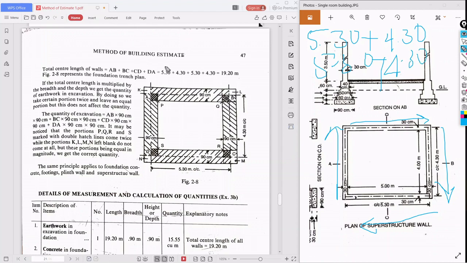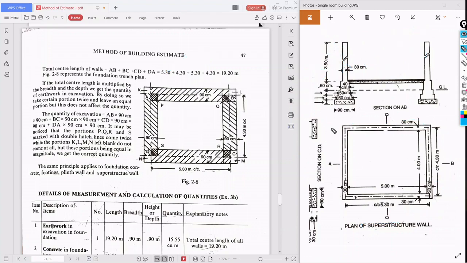If we add 5.30, 4.30 and so on, we get 19.20. This 19.20 is the center line length, the total center length of the walls.